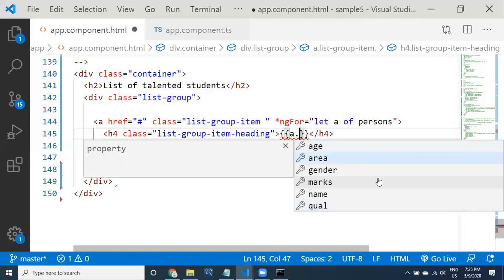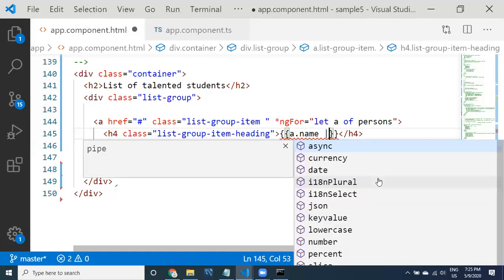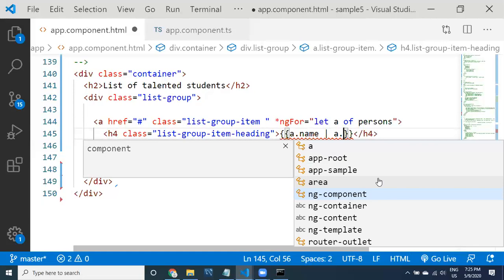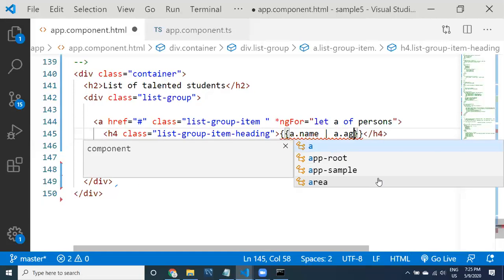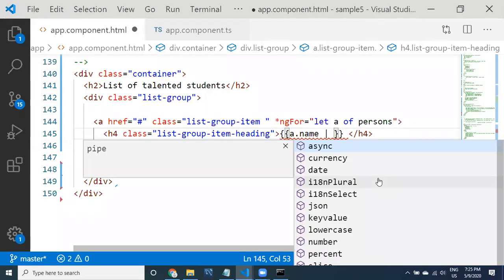a dot name, and then if you want to combine in the same string interpolation, see here guys, a dot... Okay, let it be.